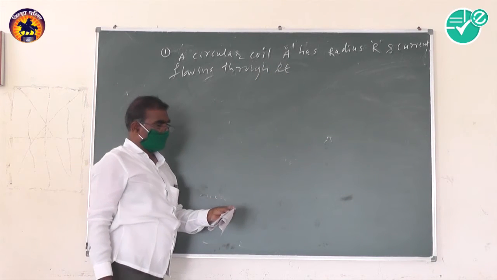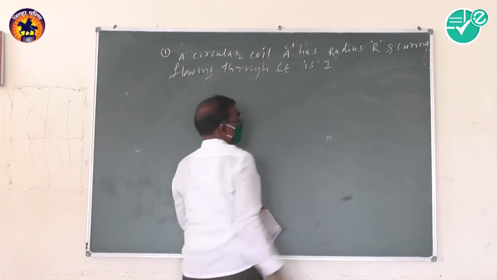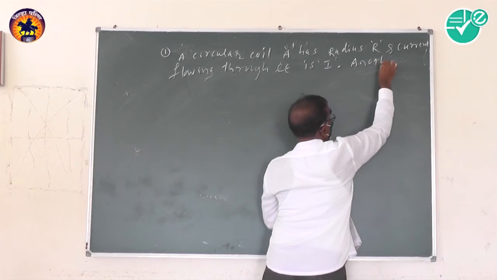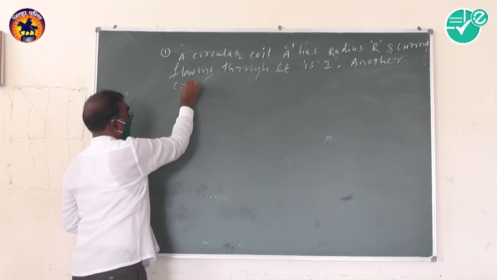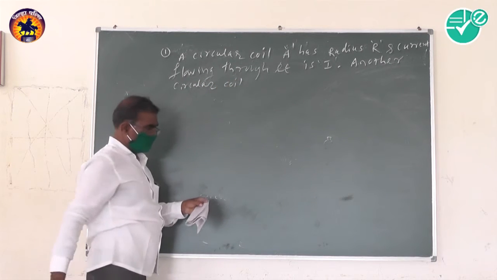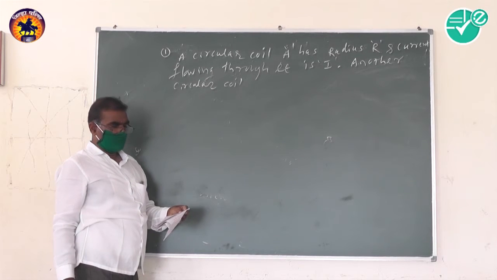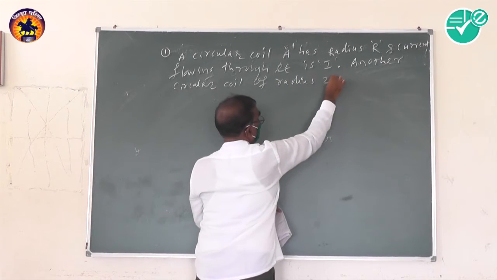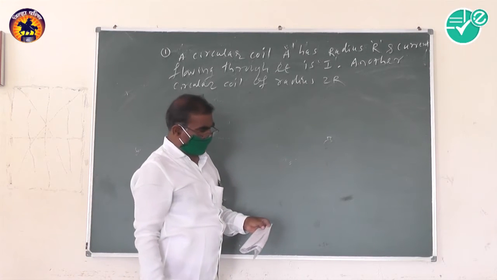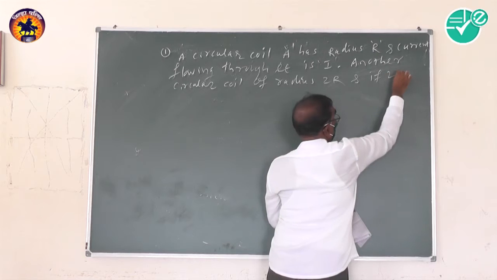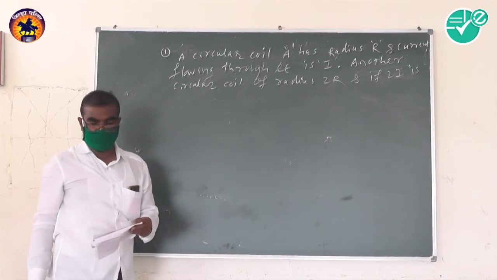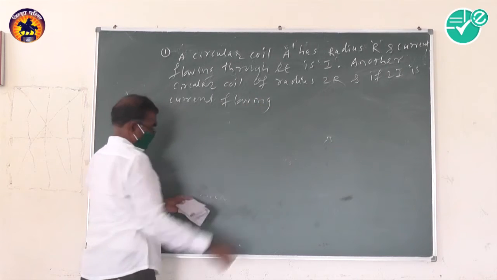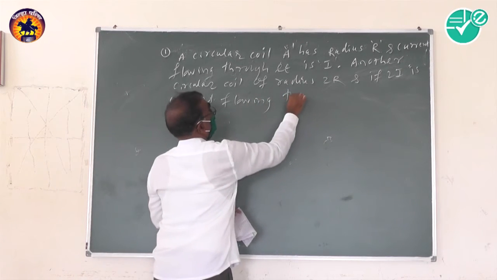Another circular coil of radius 2R, and 2I is the current flowing through it,